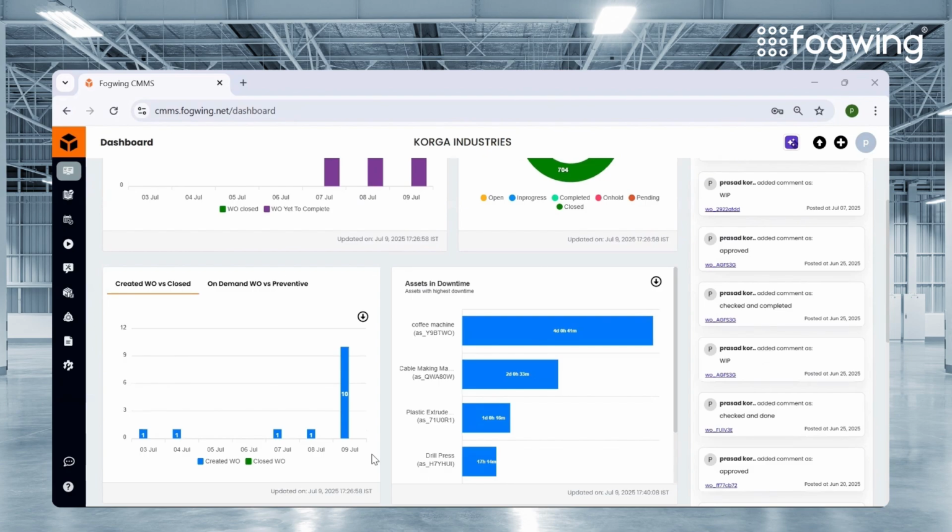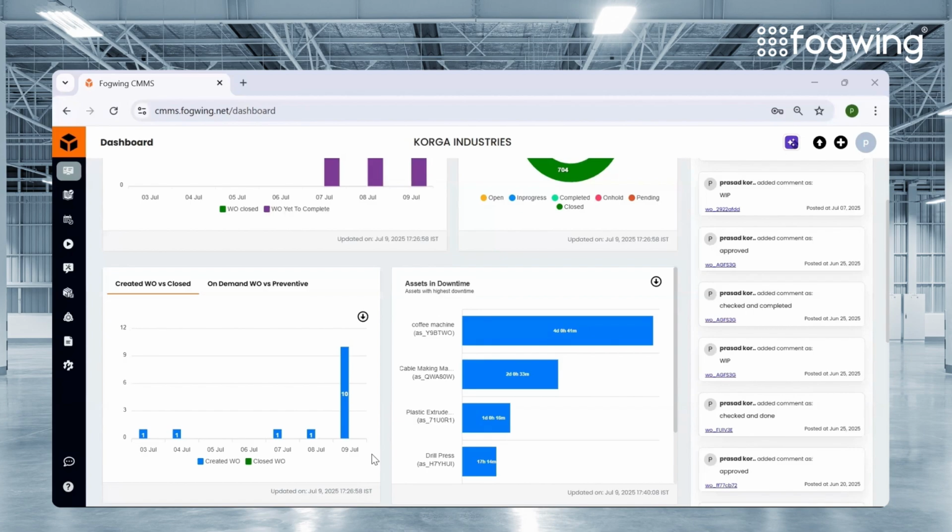We have introduced the asset downtime chart, which shows a horizontal bar chart of the assets which are in repair in the particular organization. Any of the fault work orders which have been created for the machines, those machines will be visible here in the dashboard itself, and it will be ordered by longest to shortest downtime, which gives